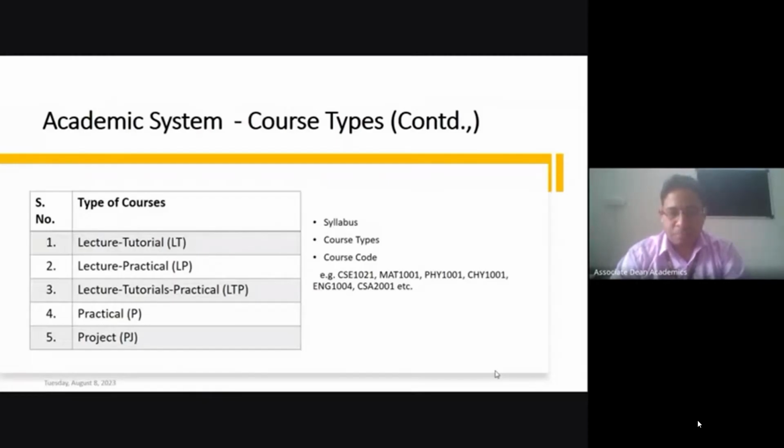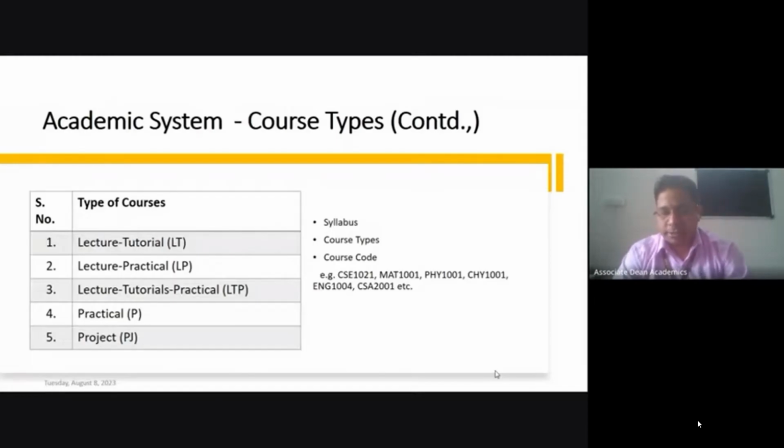For example, in the LT category, you may have 30% weightage for the term end exam, 30% weightage for the midterm exam, and the remaining 40% weightage will be divided into other internal components: 5% for group activity, 10% for quiz, 10% for assignment, 10% for tutorial, and 5% for attendance. In that way, it completes 100% weightage. The midterm and term end weightage will be the same for LT, LP, and LTP, all three cases. Only the 40% weightage will vary depending on the course type.